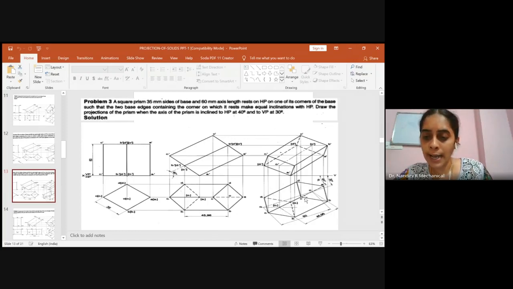So once you got this axis, you kindly extend the apparent length of the axis to the XY line. So when you extend it, you can measure the beta angle, how much you are getting. So beta angle will be exactly equal to 41 degrees in this problem. So once you got the beta angle, now the remaining procedure is the same as we constructed the second stage top view to third stage in the previous problem. Similarly, we have to do it. Only constructing the apparent angle beta will be a little bit different.